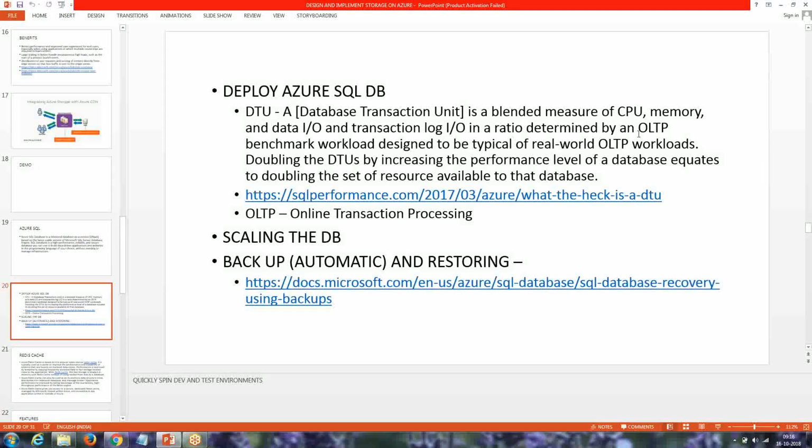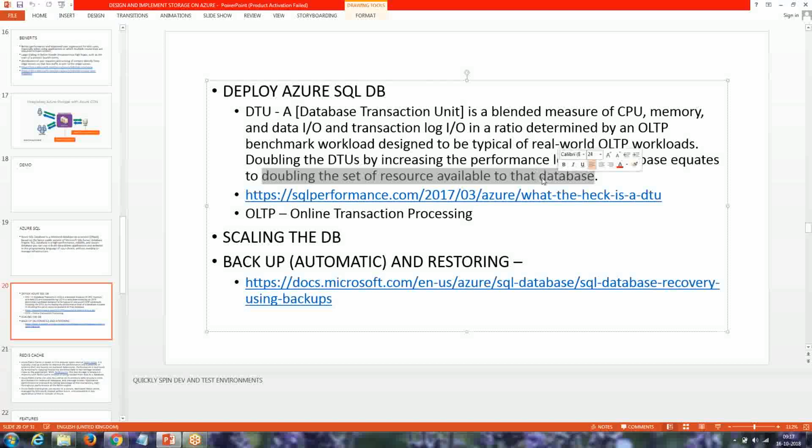This benchmark is defined to measure that, okay, if I want a 5 DTU database or a 10 DTU database, then based on that, my database size is increasing. So doubling the DTU, by increasing the performance level of a database, equates to doubling the set of resources available to the database. So what does a 5 DTU database actually mean? The DTU, or database transaction unit,